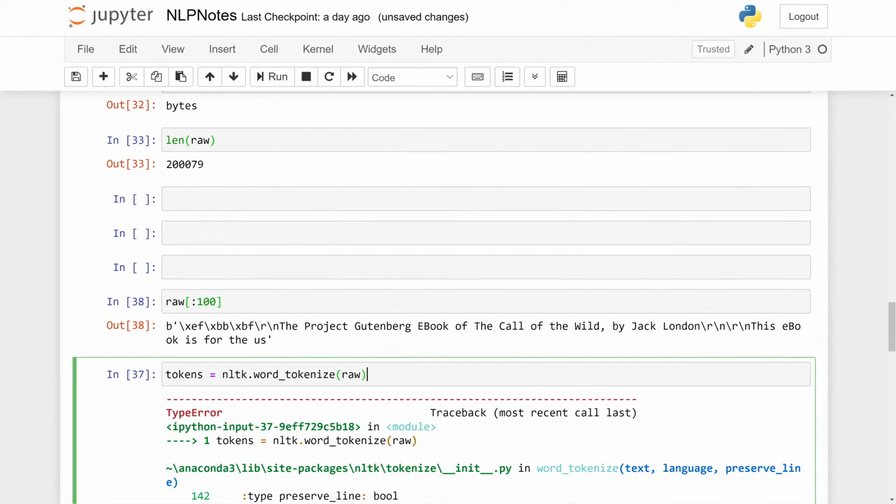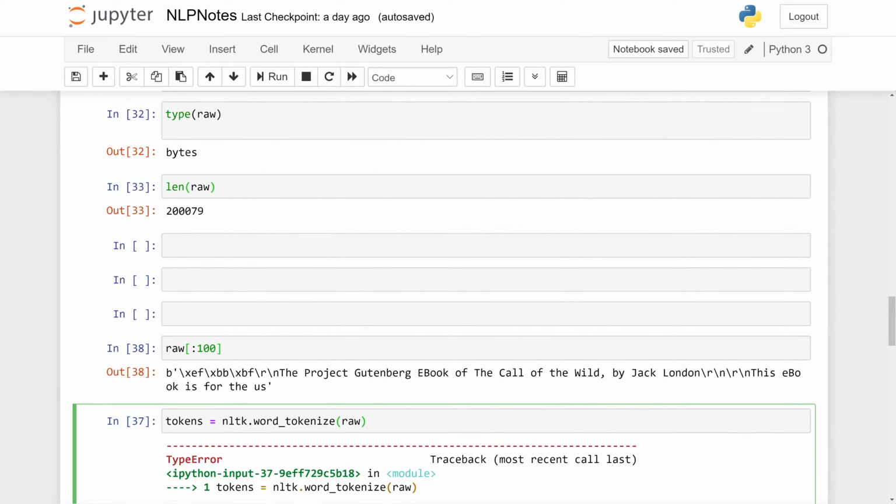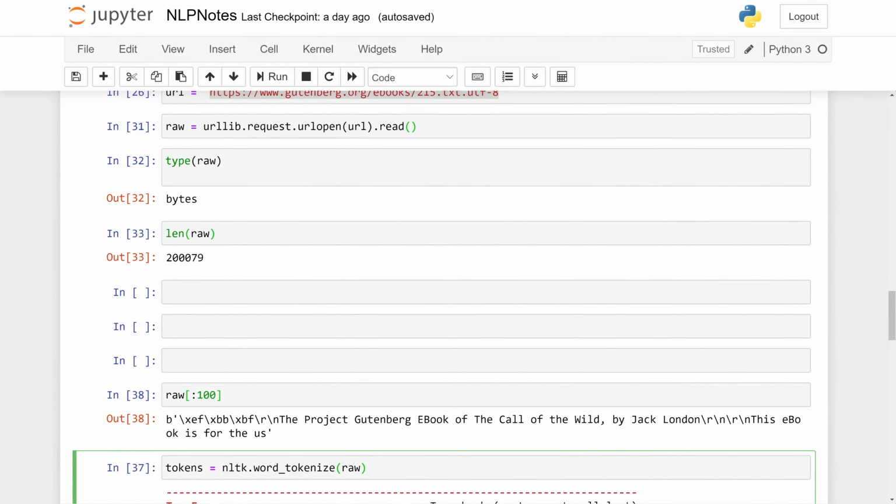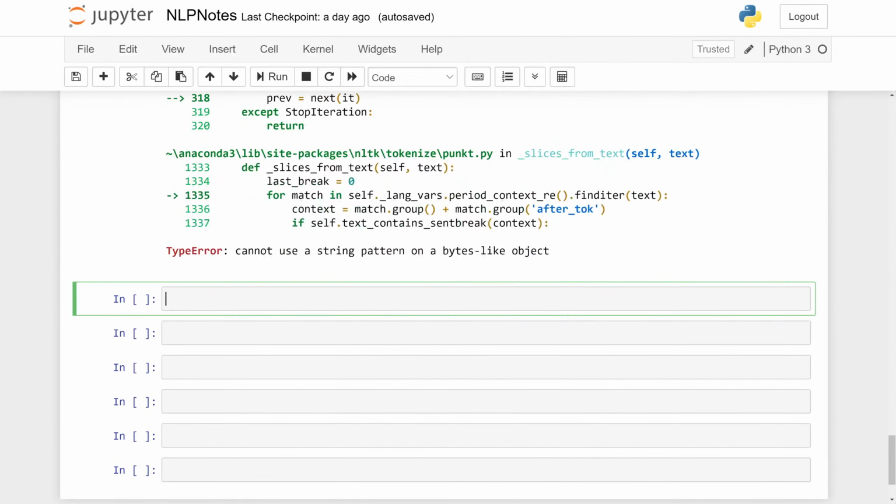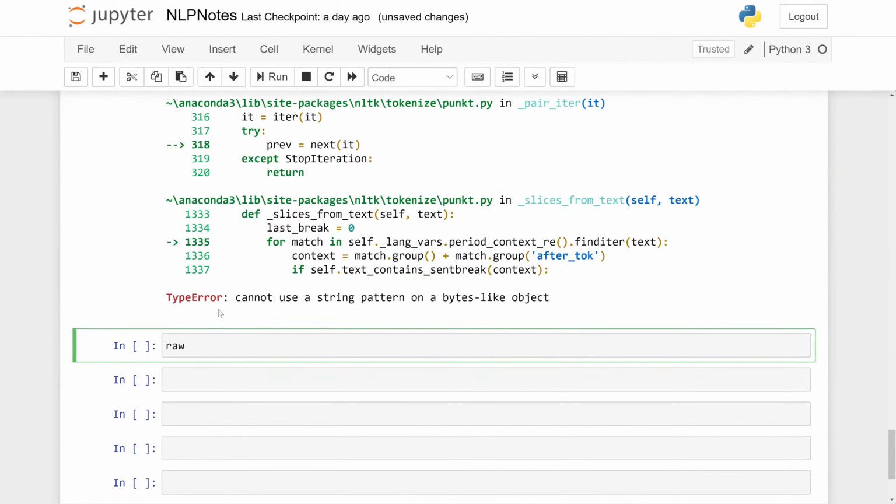So raw has to be snipped a little bit, so that we can tokenize it, which would put each word in a list, which would be pretty important. But I don't get why it even has that though. If we were to list raw, it's